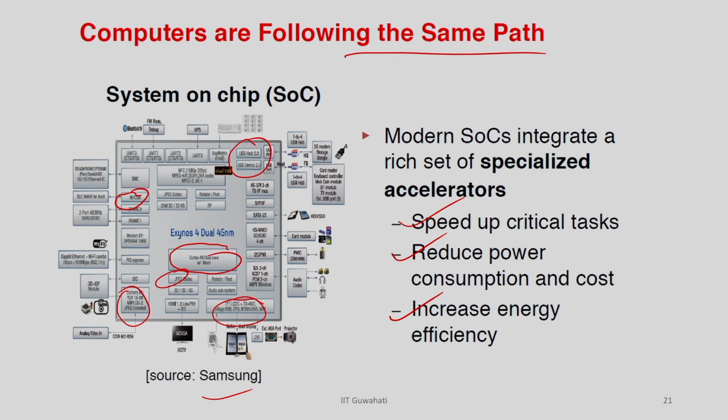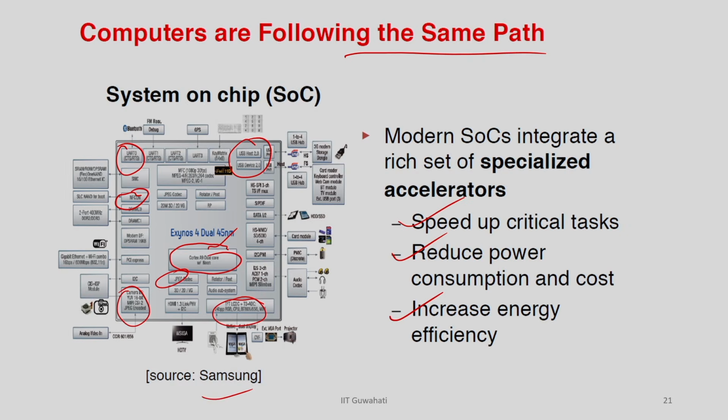So, it has many such IPs, or intellectual properties, or specialized hardware, fit into a system on chip. They are connected and placed there to do a particular job, quickly or accurately, and the actual processor is managing all of this, coordinating with them and making sure your whole chip is working fine, right. This is where specialized hardware has become extremely popular in modern days, to achieve the targets.